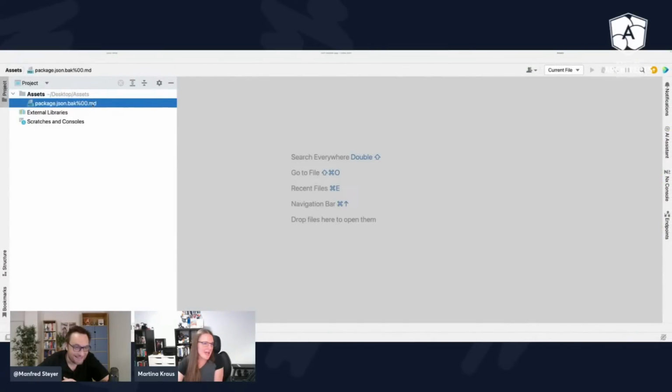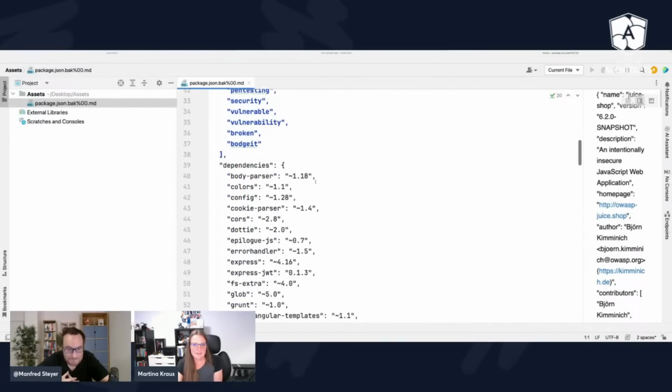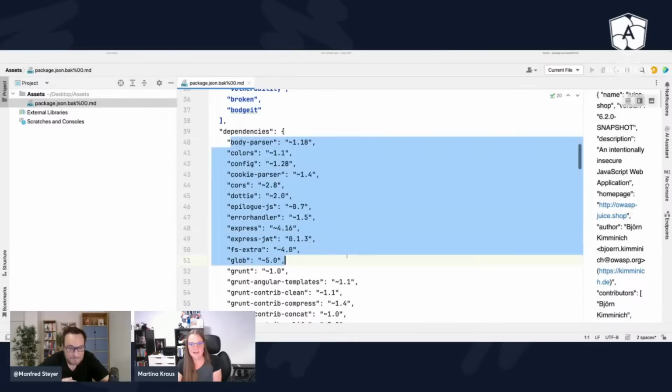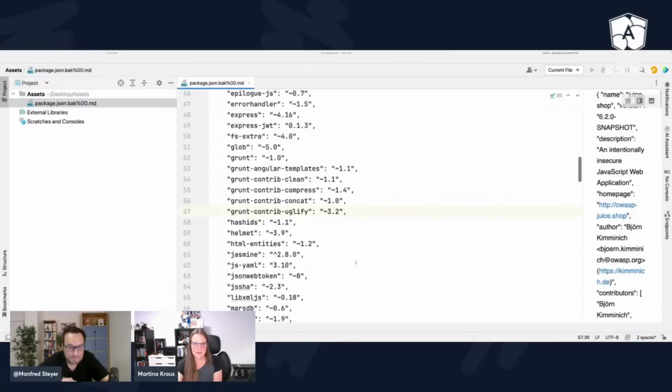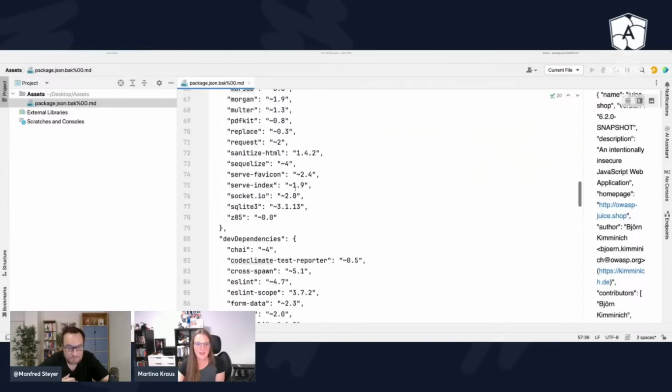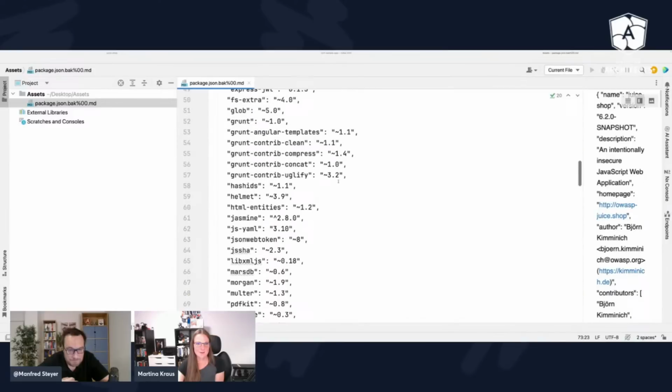Here it is. We could remove this %00md now, but it doesn't harm. So let's take a look. We have this kind of file. We have all the dependencies, and now we can even see what versions these dependencies are using. Here we have an SQLite. Oh, this scares me actually. But I think, of course, the server needs it.